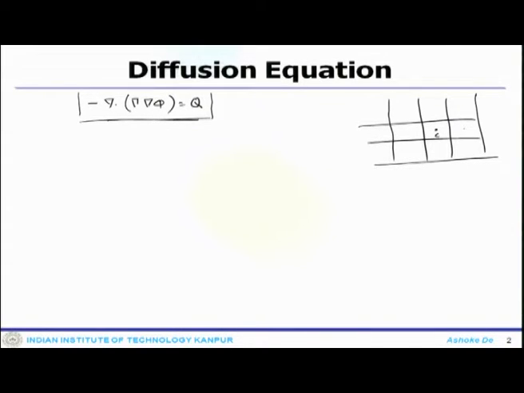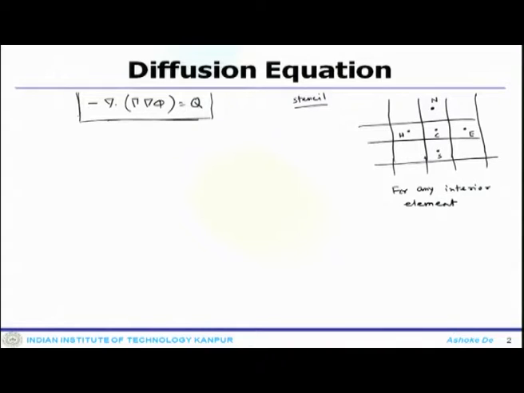The elemental control volume that we have considered is C, with east ahead of it, west downstream of it, then top north and bottom south. This was the two dimensional stencil or the discretized indexing that we have taken for some interior node. So, considering an interior element, we have derived the discretized system from this system.